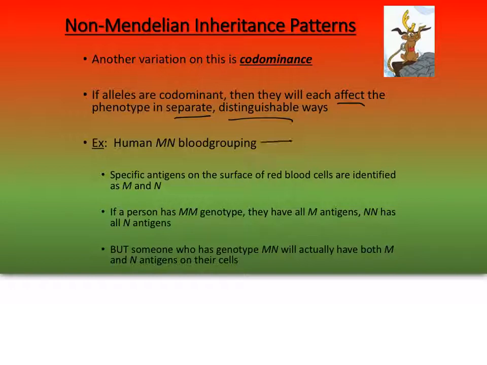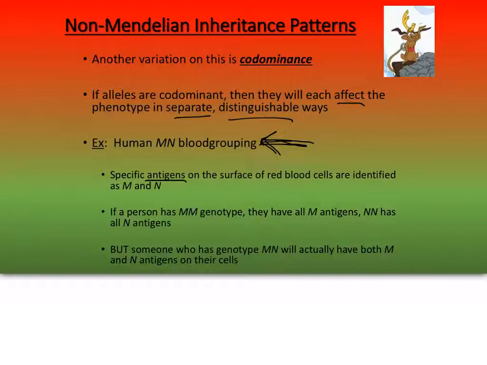A good example of this is a way that we can do blood type other than the really common way we do blood type that you guys are probably familiar with, and that's the MN blood grouping system. Now, all the blood typing things look at proteins, antigens, on the surface of your red blood cells. There's a group of these which we categorize as either M, as in monkey, antigens, or N, as in Neverland,